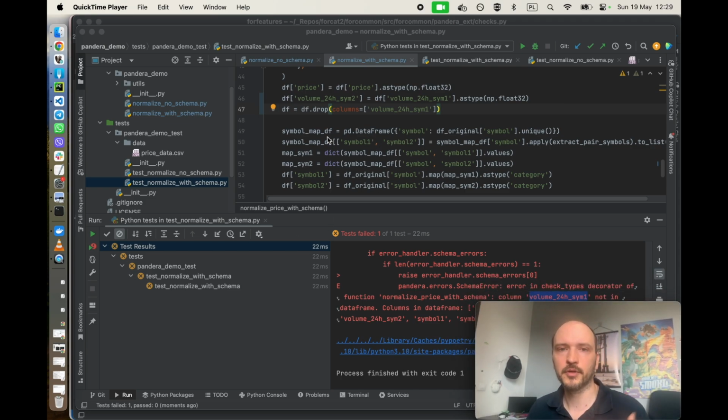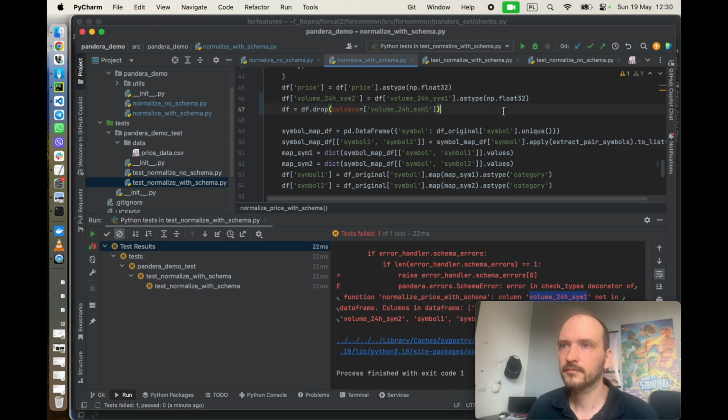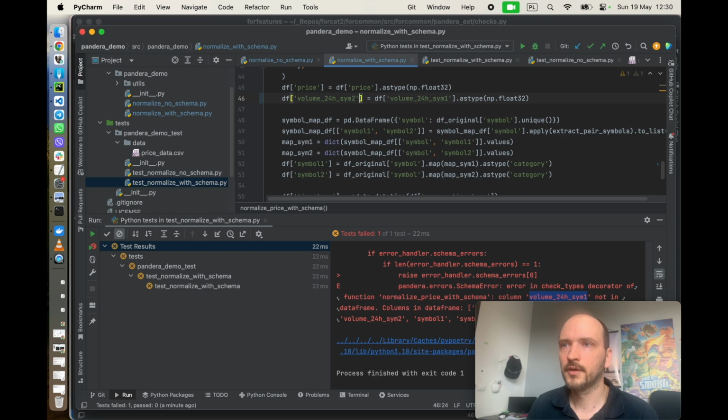So it might happen that some previous piece of code does some modification in the data frame that you don't expect, right? And you can't check for that if you don't know that exactly this thing would happen. So I'll roll back this change, and yeah,